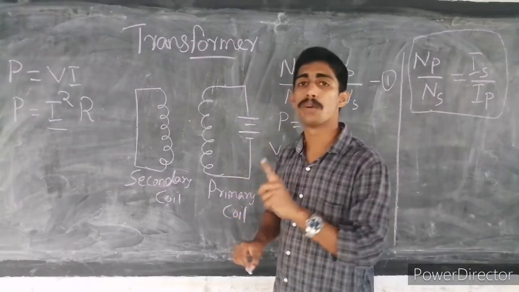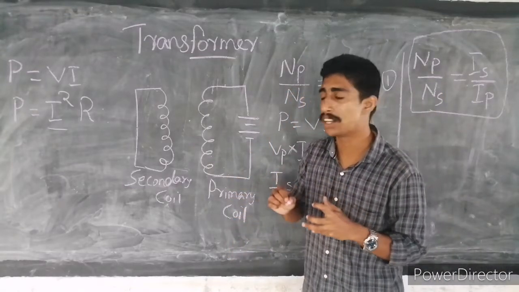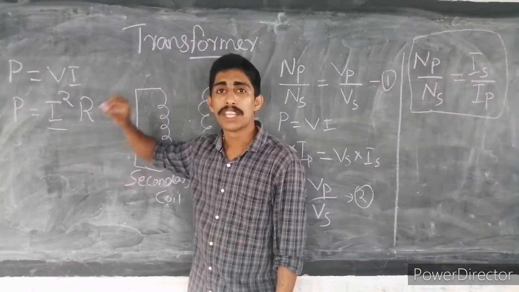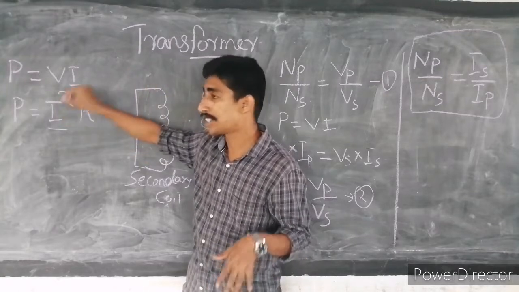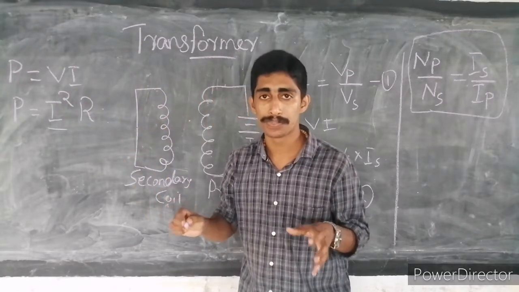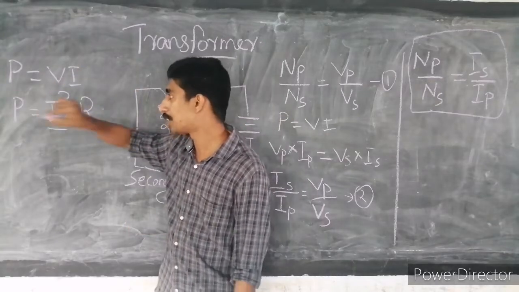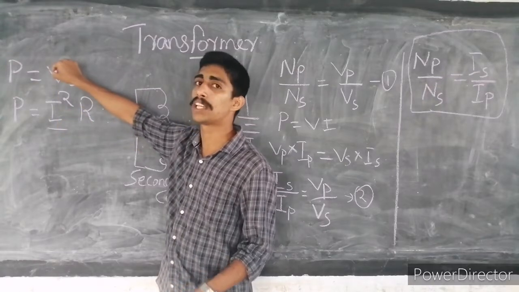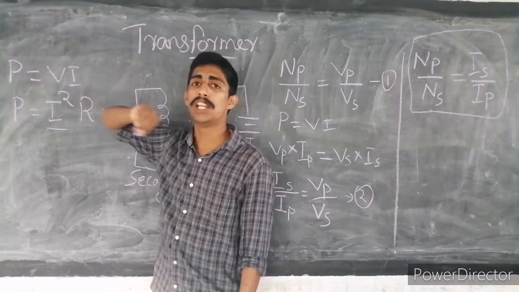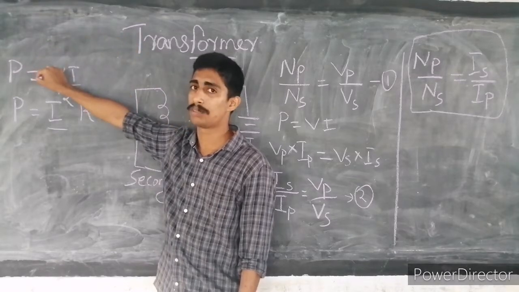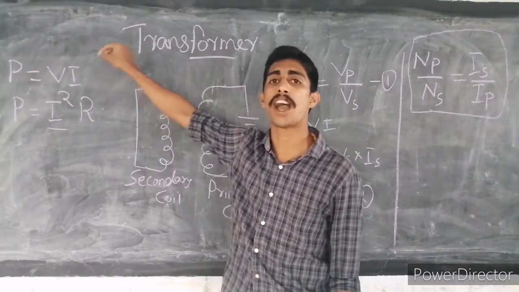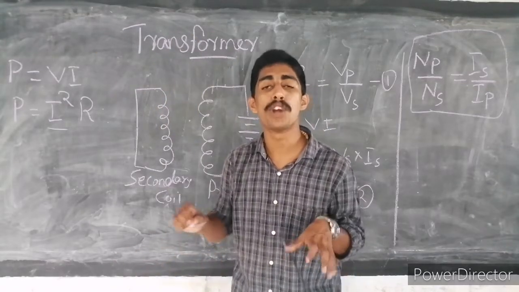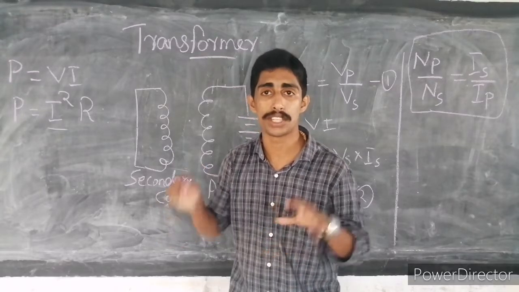So once again, just listen. To reduce the power loss, we cannot make any adjustment to the length or thickness. So we are going to reduce the electric current. If you reduce the electric current, the potential difference will automatically increase. Why? Because power is the product of potential difference and electric current, and power will not change. I hope you understood what we are using it for.